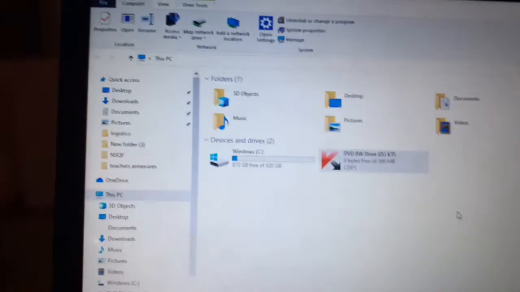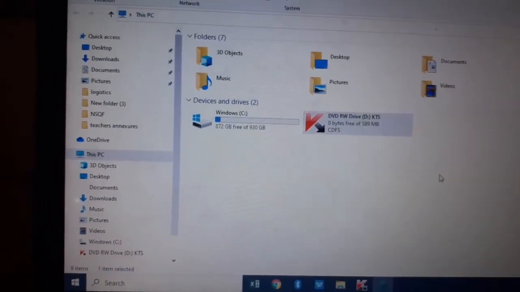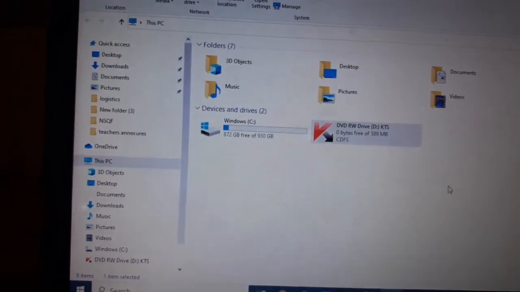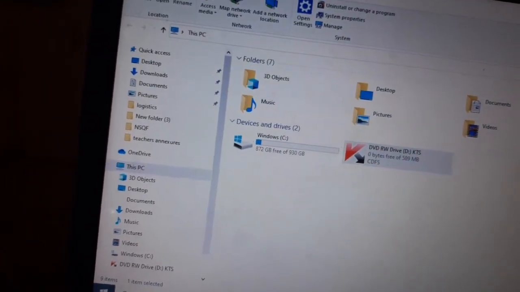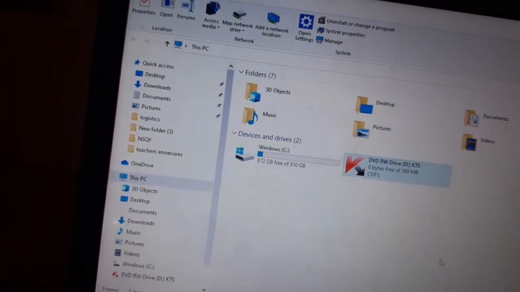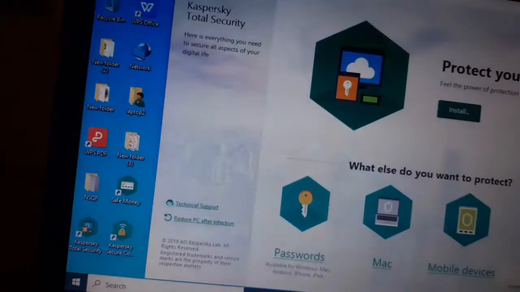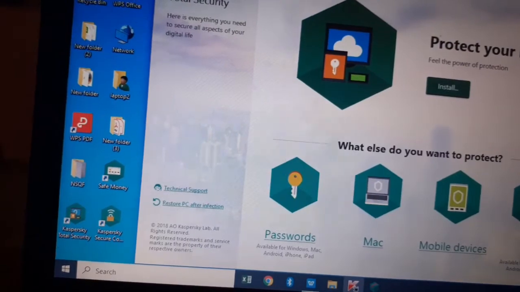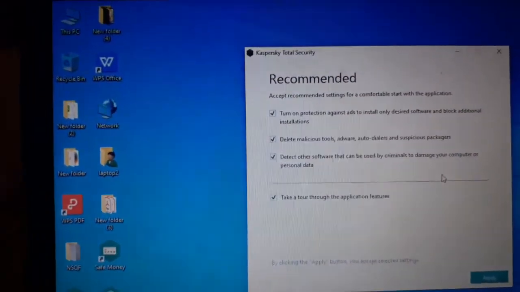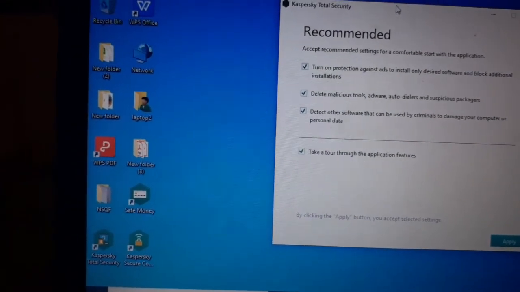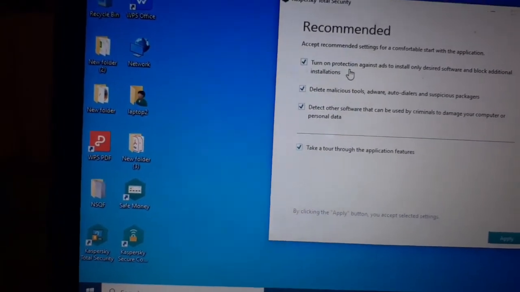The next window which will open, let us minimize here. It is recommending us to turn on the protection.